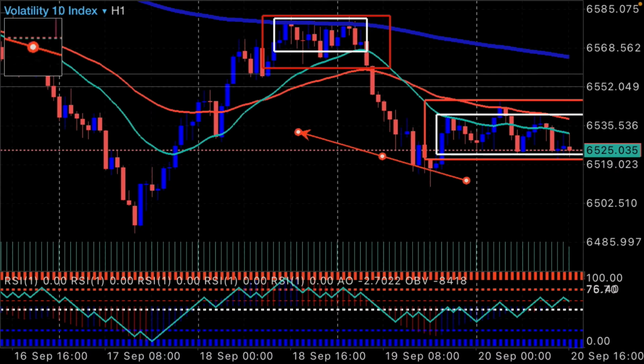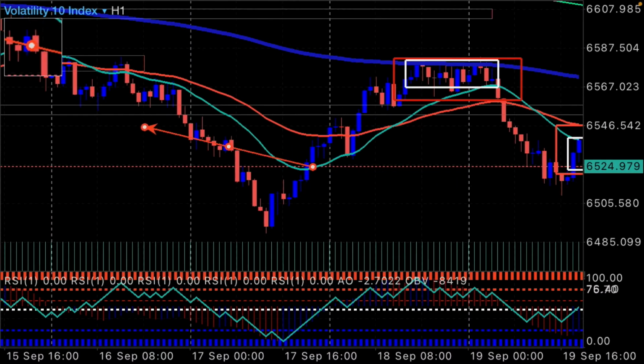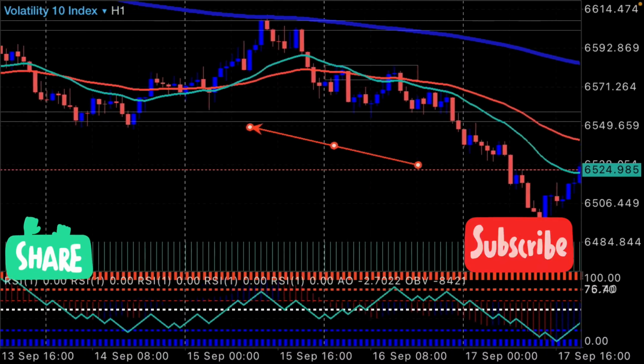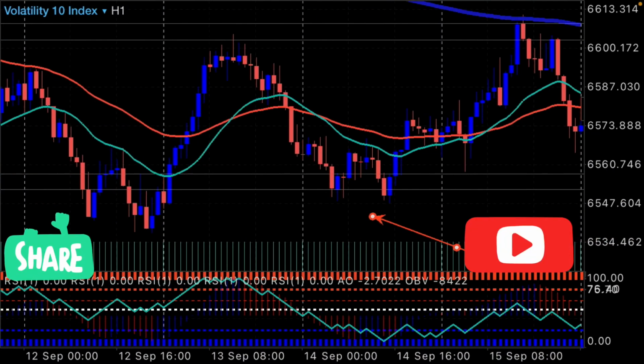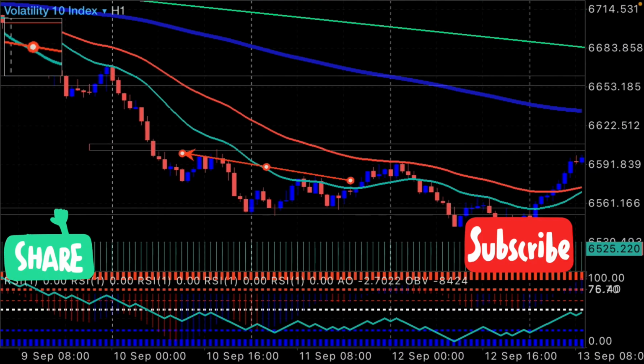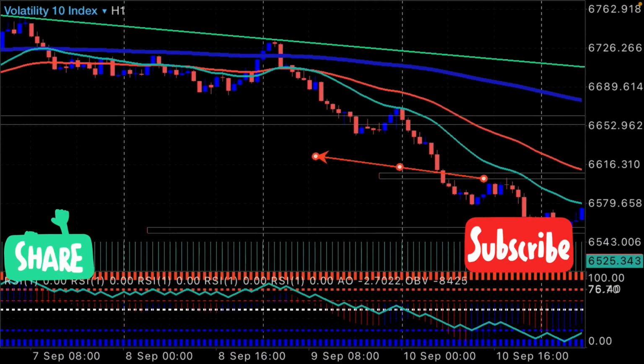You understand? So if you check, you can see we have a lot of consolidation. Once the market starts a consolidation, don't trade a consolidation. So I have to check for another box that I drew.